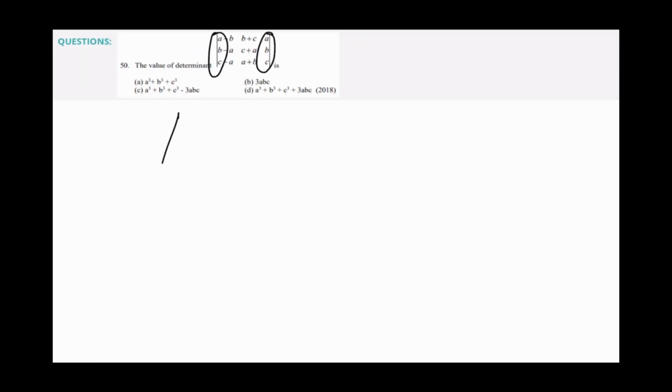Now let's see this 50 number question. By seeing it only we can say that A, B, C here and A, B, C here are the same. So what are we going to do? We're going to subtract: C1 equals C1 minus C3. Now if I add these two, I'll be able to generate A plus B plus C. So C2 equals C2 plus C1. Here I'll get minus B, minus A, and here I'll get A plus B plus C